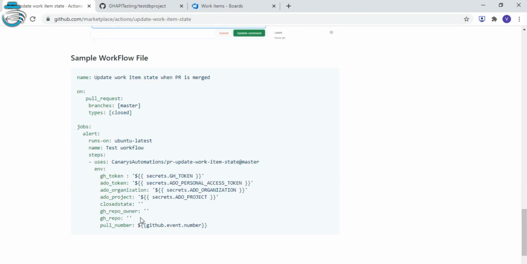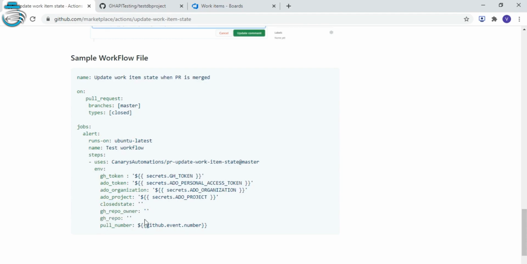So why do we need these three inputs? We added an input for close state because we wanted a check so that this input is verified against the current work item state. If your work item state matches the close state you have given in the input, the work item state will not be updated, it will be kept as it is.